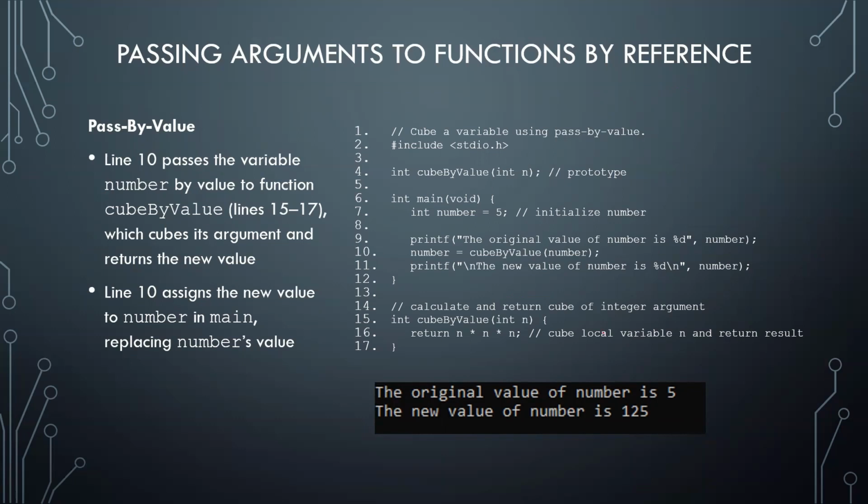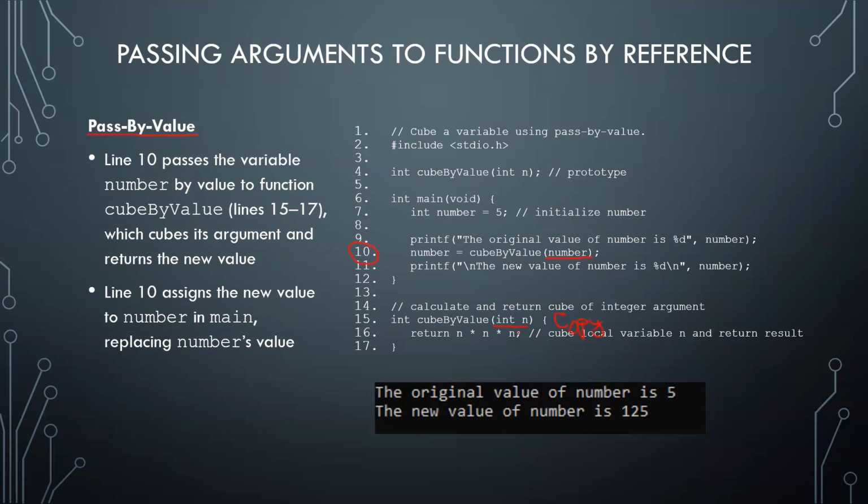Here we've got a chunk of code that is going to pass by value. Remember, passing by value is a copy. So this is nothing different than what we did before. This is just going to be a refresher. So number on line 10 here, number equals cube by value, I send it number. So here it sends an int, which is a copy,